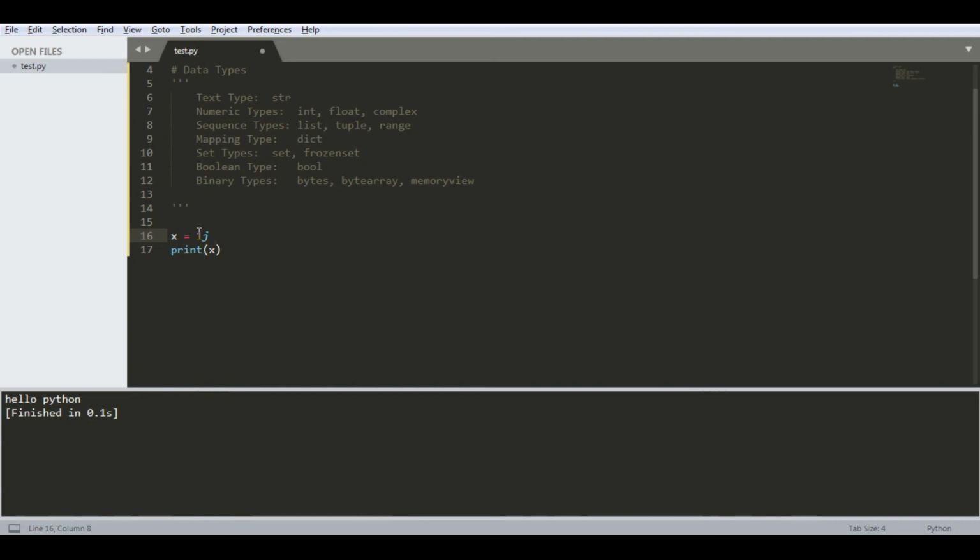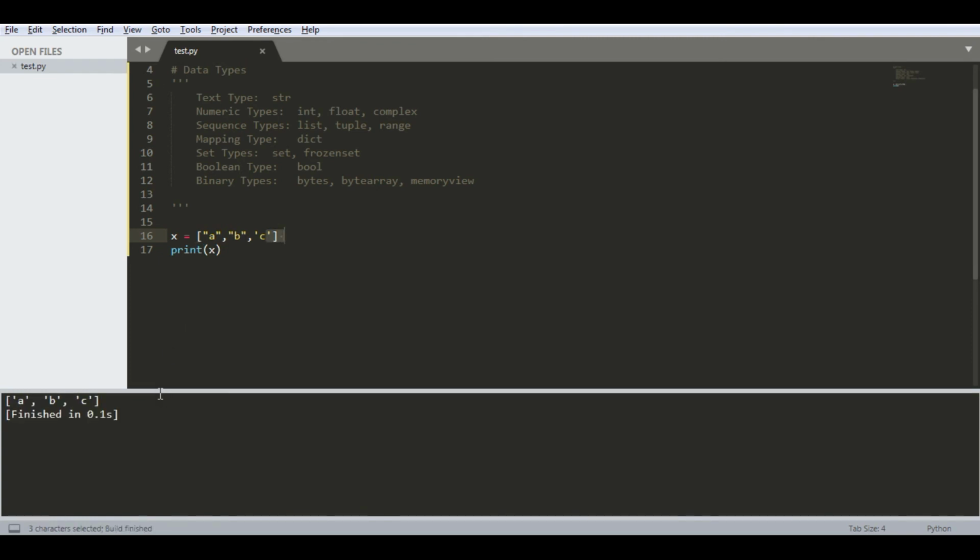For the sequence types, we have the list, the tuple, and the range. To define a list, we simply do it like this, and we give the items. Let's say item A, item B, C, for example.